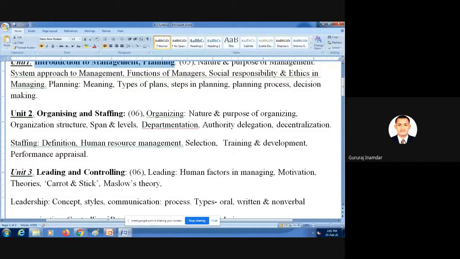Initially, maybe one month or two months of training, or one day of regular training, or whatever the initial training is. Okay, this is also important, this is also a factor of staffing.